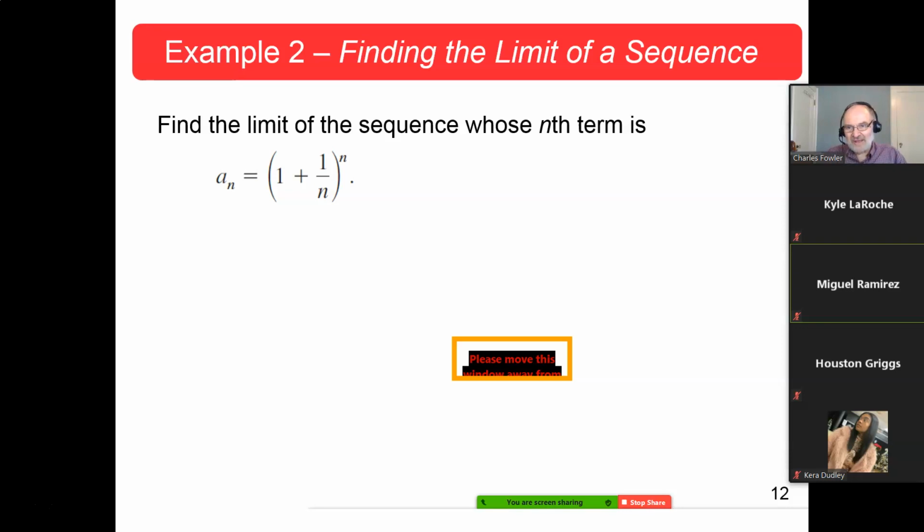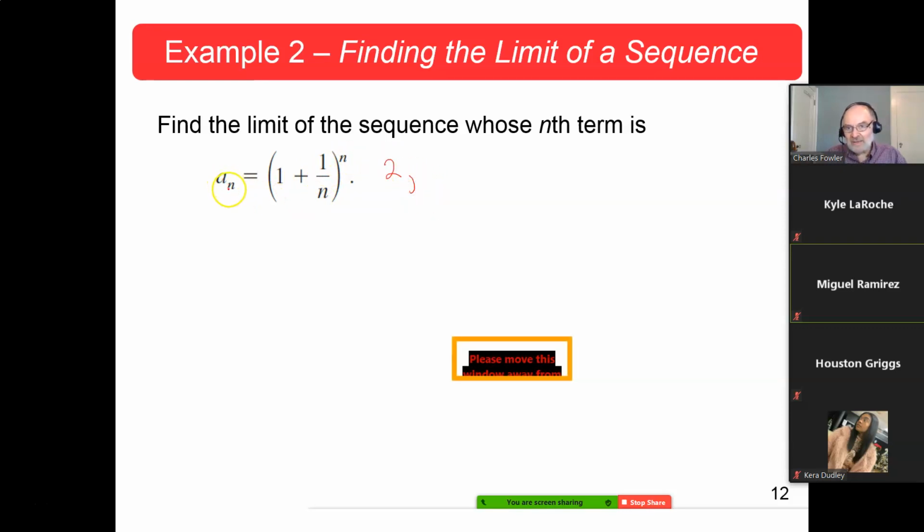And it's sort of asking you to remember something that doesn't seem to be connected with it very well, but indeed it's true. So here's what you're doing. Let's just take a few terms of this. When n is equal to 1, this will be 1 plus 1 over 1, which is 1 plus 1 is 2, raised to the first power would be 2.